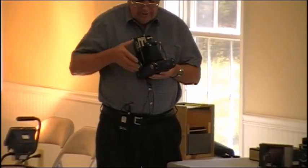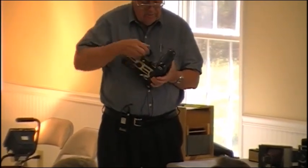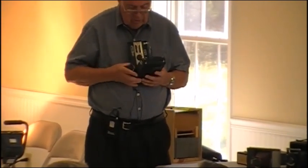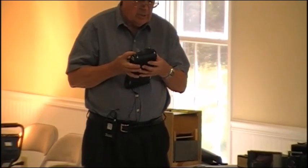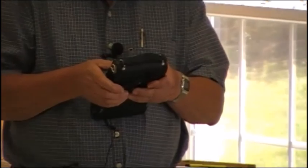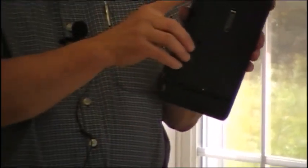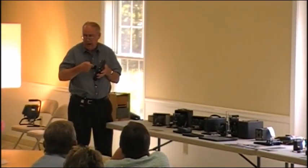And it folds up into a very small space. Now, something I need to point out is that a lot of these cameras, when they show up on auctions, get ruined by somebody at the auction or the person who buys it. They don't know how to get them open. This one has a little button that you can see to open it, but a lot of them don't. And people look around, they don't know how to get it open. They flip this up, and they pull, and they stick a screwdriver in here and pry on it, and they